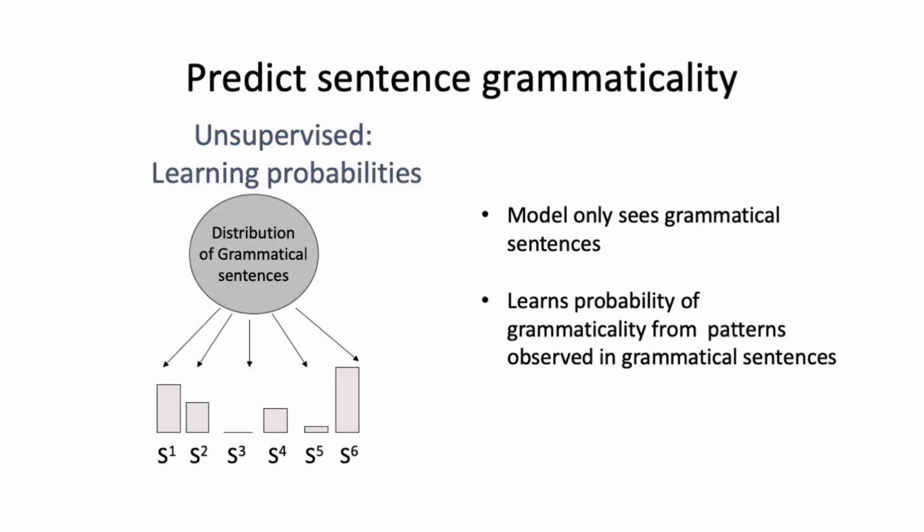The unsupervised model would learn grammaticality of sentences by being given lots and lots of examples of grammatical sentences, and it would learn what patterns there were in this group of grammatical sentences and how often different patterns occurred. It would learn to generalize and predict the grammaticality of new sentences based on the patterns it had learned from the set of grammatical sentences it had been trained on.